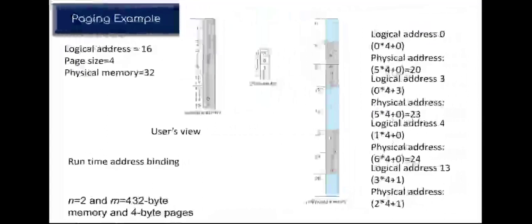Based on this calculation you will understand that here the 4, why we have taken 4, because we are considering that in one table 4 entries will get stored. So 0 into 4 plus 0 becomes 0. 5 into 4 means the thing which is available at the 5th place, we will multiply it by 4, means 5 will be the page number, multiplied by 4, its offset, so that we'll understand that the data is located at the space like 20. So this way we will understand the use of this address calculation.